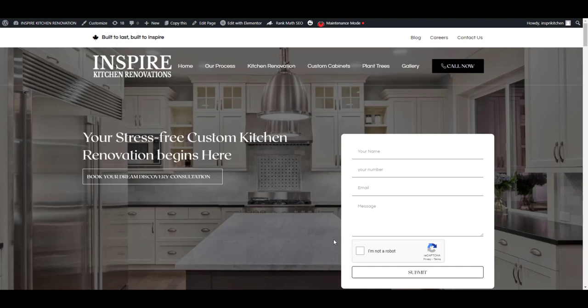Hello friends, in this tutorial I will show you how you can remove this border line from the input text in Elementor Pro. It is very easy to remove this. So at first you have to go to the customize